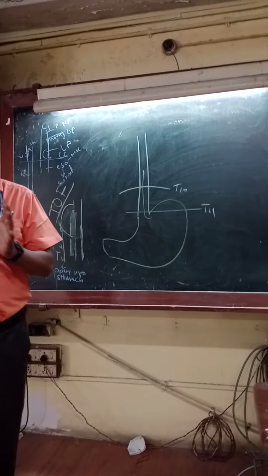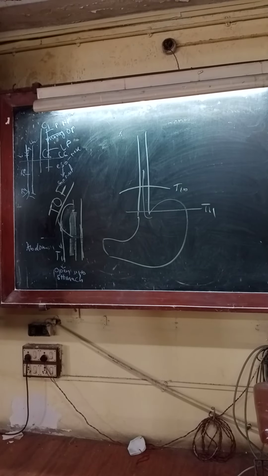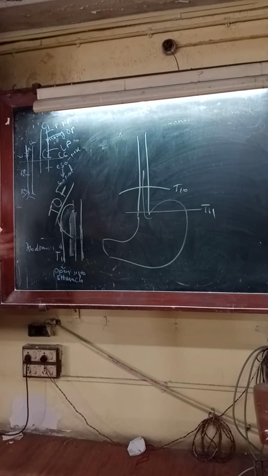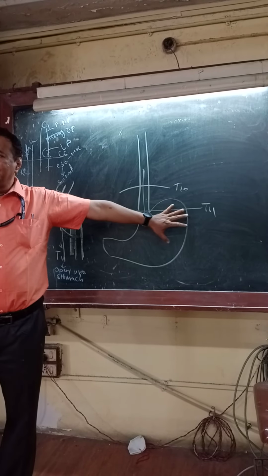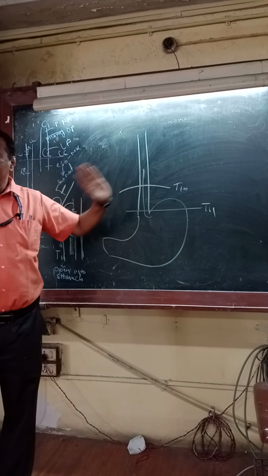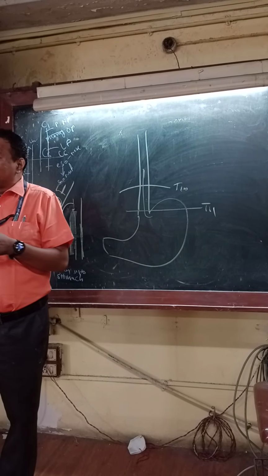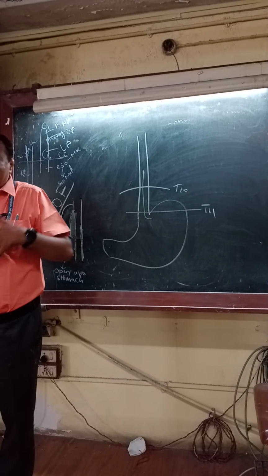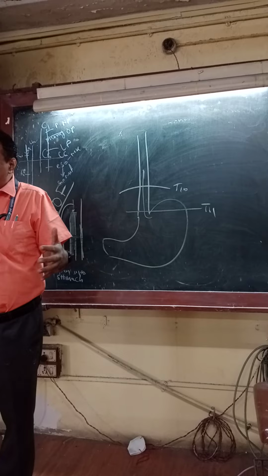So the investigation done on the esophagus is called barium swallow. For the stomach it is barium meal. The barium goes here and we take an X-ray. Okay. So this is barium swallow. Radiologists do all this, they wait for the dye and then it goes into the intestine. That is called barium follow through.